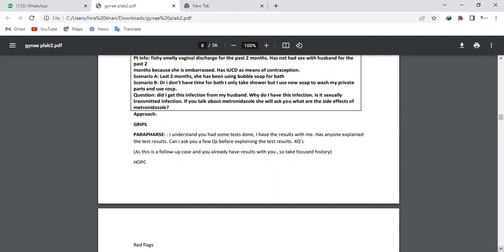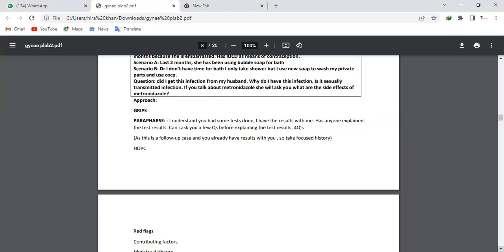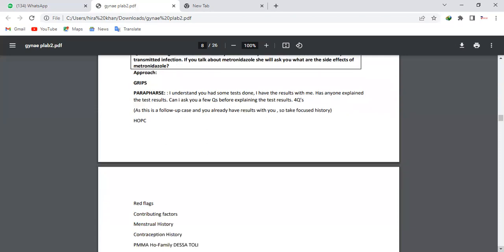Well, okay, doctor. So how are you going to treat it? Because this is really embarrassing for me. I have not had sex with my husband for the last 2 weeks because of this embarrassing situation. I suggest that this is bacterial vaginosis, an infection of the vagina, and as I have told you, I will give you an antibiotic medicine to treat this infection. Which medicine, doctor? It's called metronidazole, which can be used vaginally, and you have to use it for 7 days.